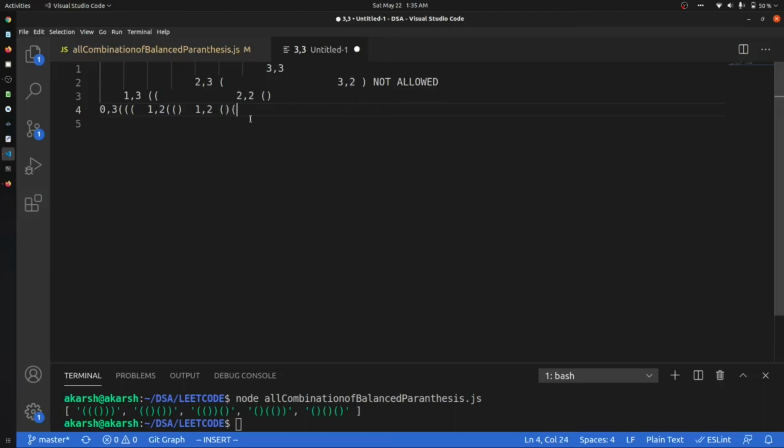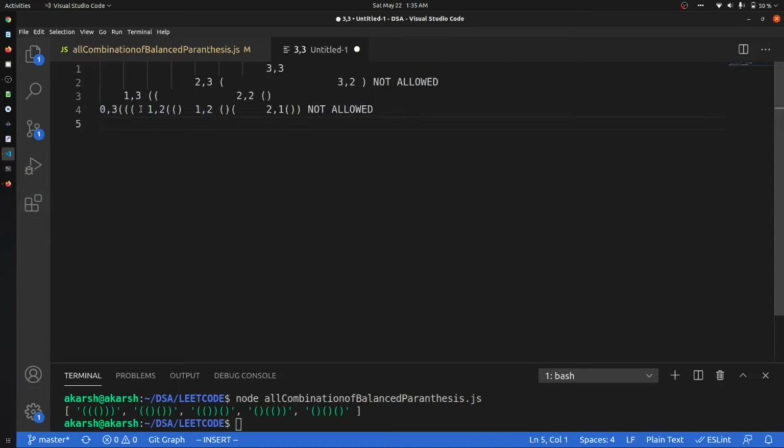After that we cannot have 2 comma 1, because if we do this and add another closing tag, it will show an error because this is not balanced. So we will say that this is not allowed. So we have to focus only on these.